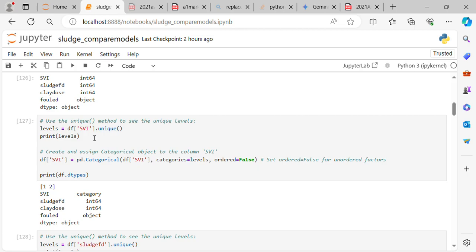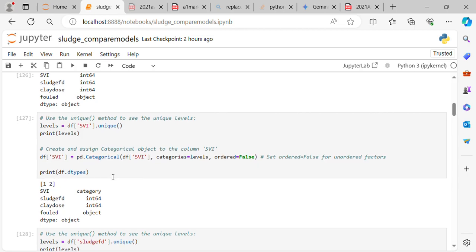So let's say SVI first, and printing the levels, we got 1 and 2, and we will create and assign a categorical object to the column SVI. We will change the data types to categorical for all these 4 columns. So pd.Categorical of df of SVI, categories equal levels, ordered equal False, print df.dtypes,